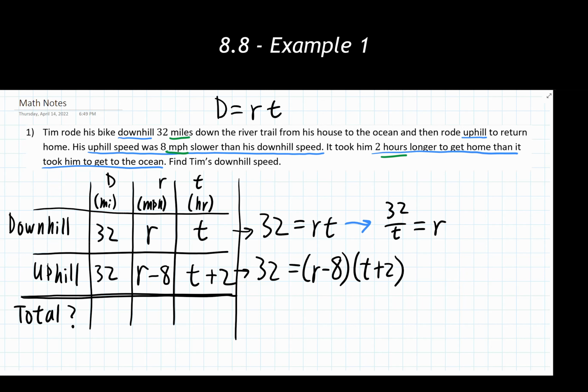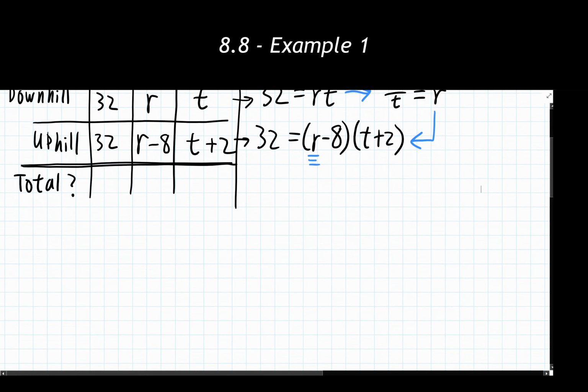And now I can plug this r into my second equation for r here. It should be noted that in this step, if you would like to solve for t instead, that's perfectly fine. All you would do is end up having these two variables reversed from one another. But the rest of the process and what we're going to do next is the exact same. So I'm going to move us down here to have a little bit of space to work through this problem.